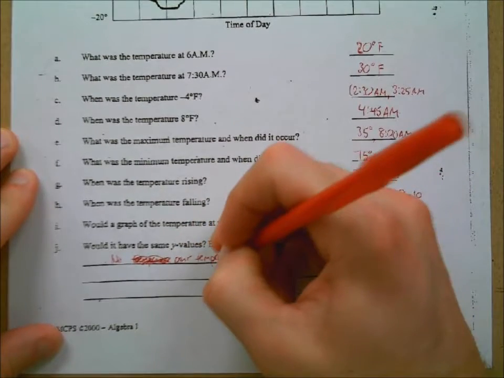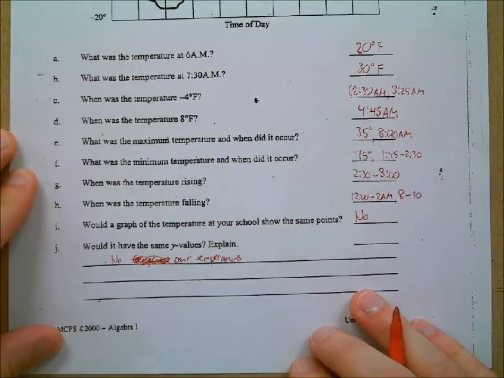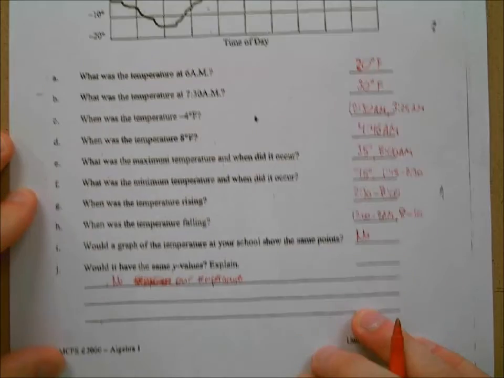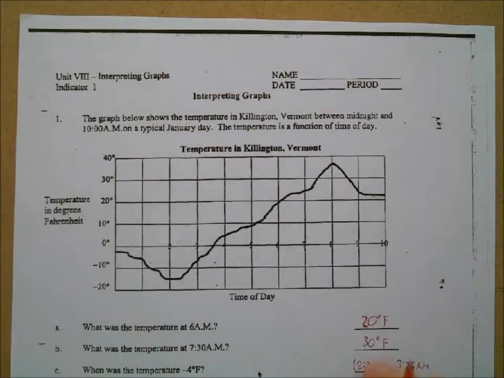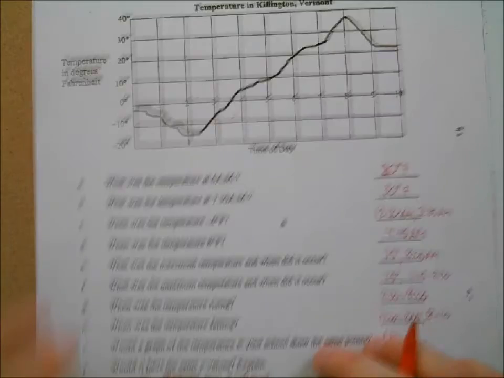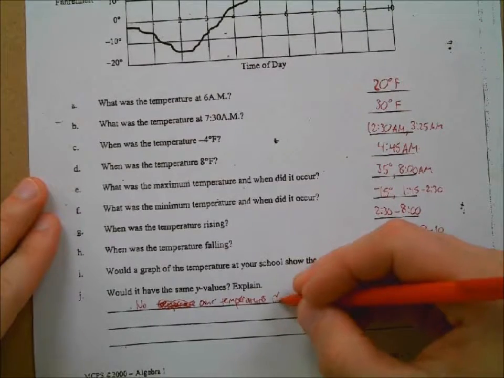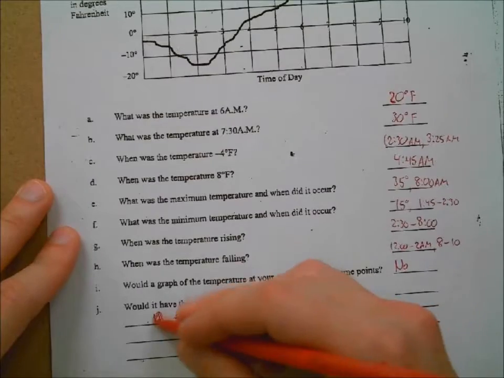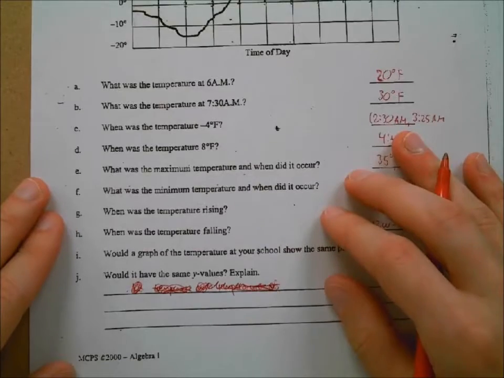It does say a typical January day. Where does it say typical January day? I missed that. The top, look. Oh, so you think we're supposed to compare it to our typical January day? I don't think ours gets down to negative 15, but I don't know. Sometimes, okay. I think the 20 to 40 is about the only reason, and then the other days that's snow. Right. No, I know. We do have weird stuff.